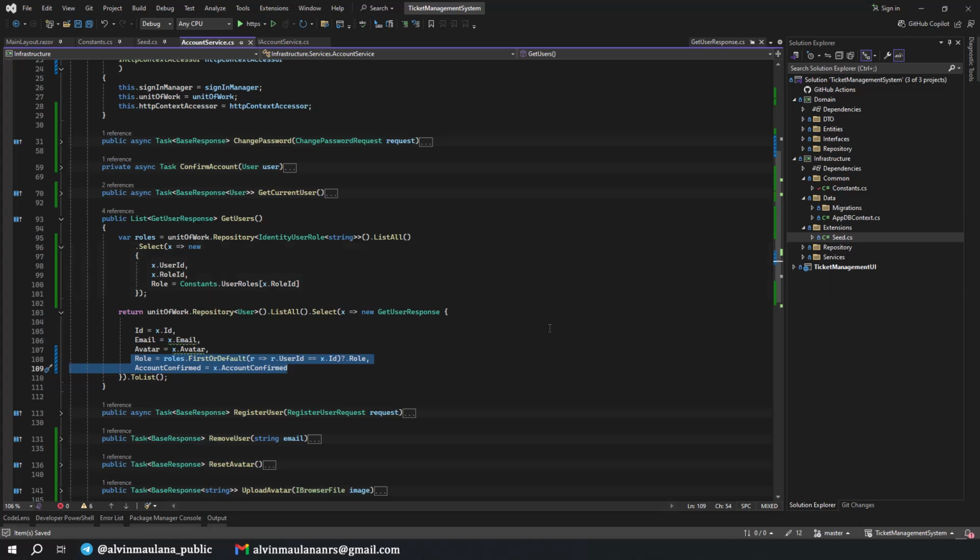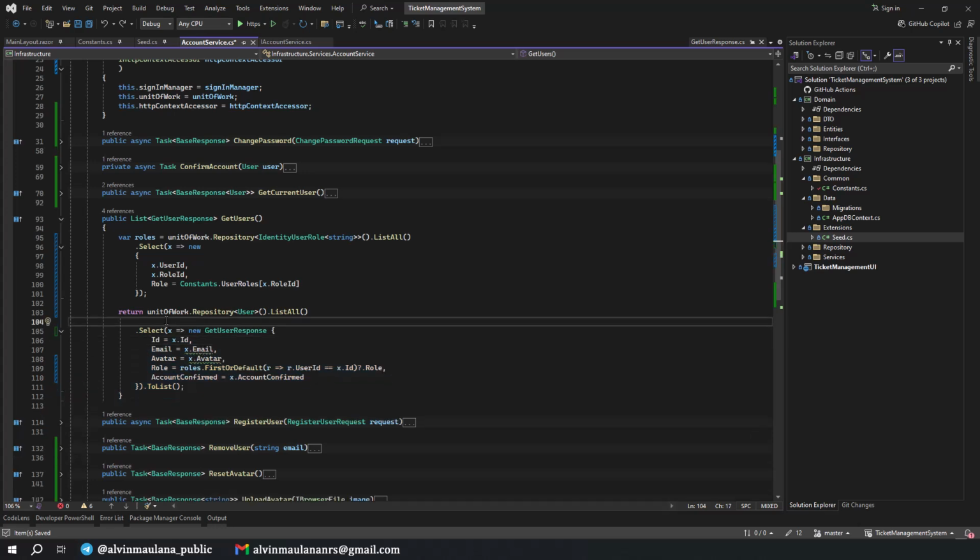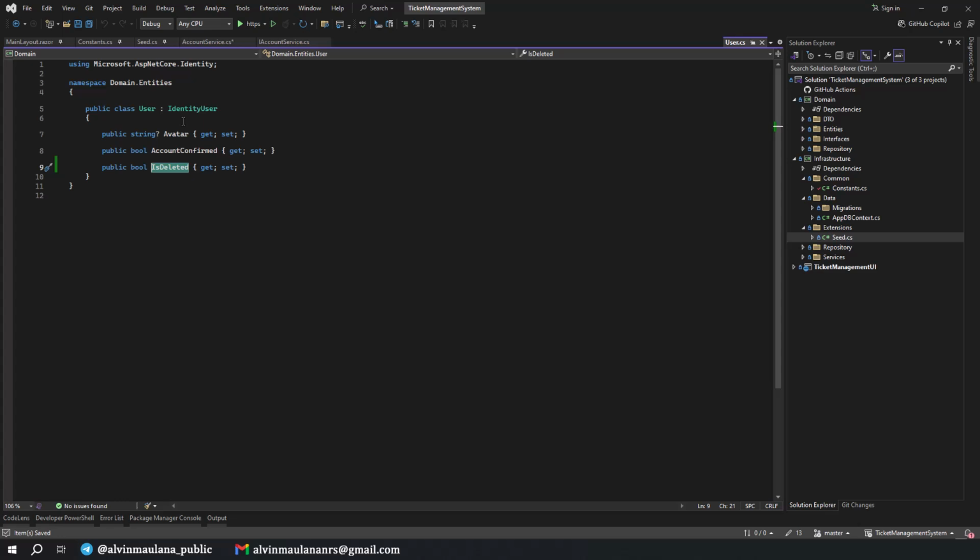And I think we will have a delete feature later, so we should not show all the users here. Where is it? Let me clean up a bit. Okay, should be like this. In here, we should show only where is deleted is false. Okay, but we don't have this one yet. Just create it. Generate variable is deleted. Generate property is deleted. Okay, yeah, cool. We should see this one in our entity of user. We have a new column, is deleted.